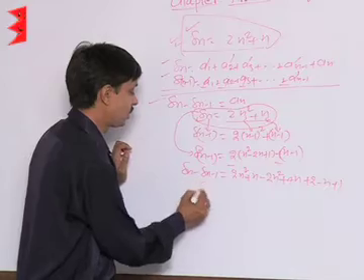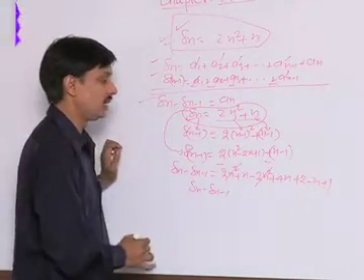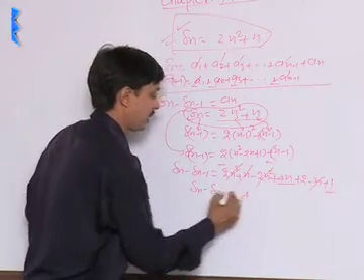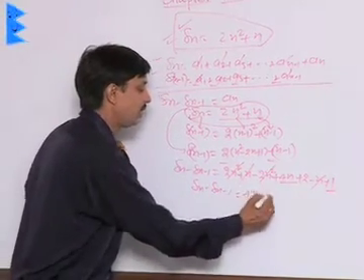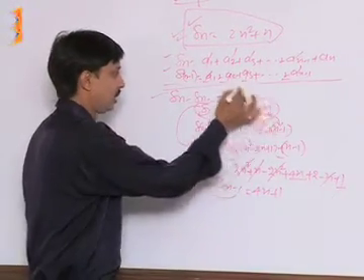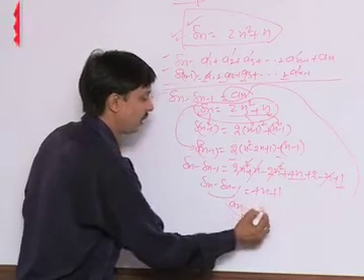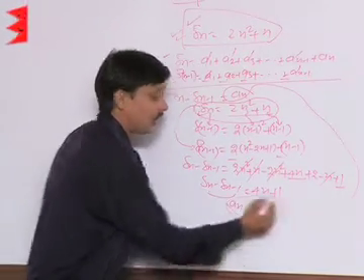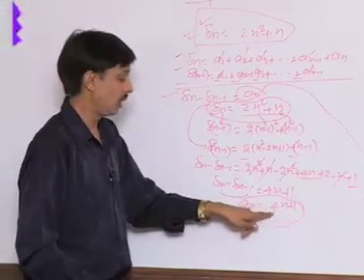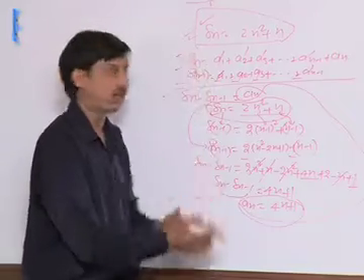So this difference is coming. 2n square is cancelled, and n is cancelled. We are left with 4n plus 1. So the difference is 4n plus 1, and this difference Sn minus Sn minus 1 is known as an. So the answer of an is 4n plus 1. So if Sn is given, we can find the nth term. This is clearly verified here.